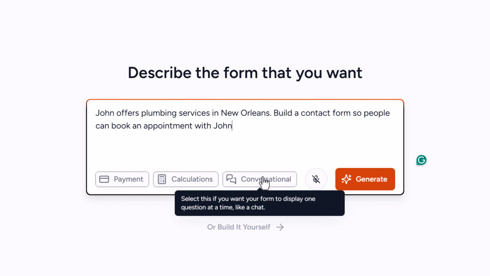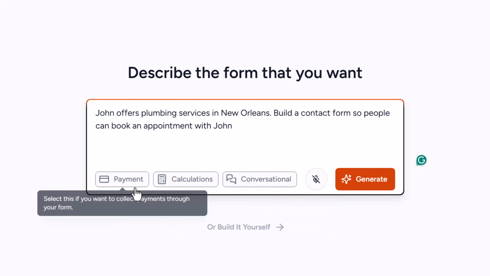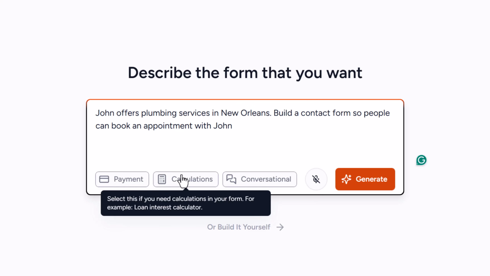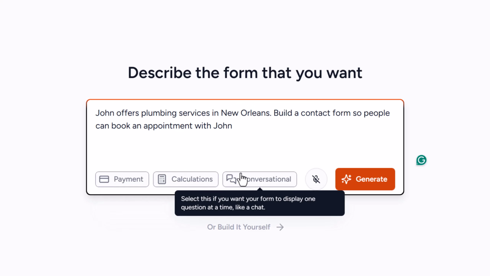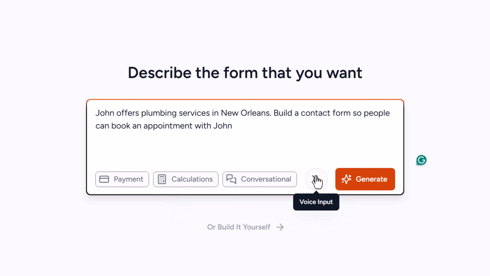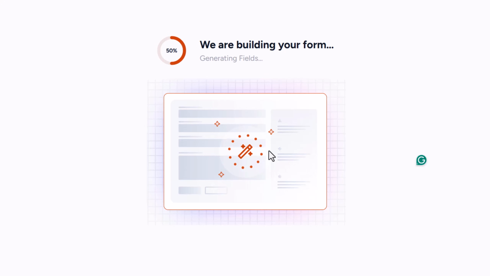You can also turn on some options, like if you want to collect payments, you want to add some calculations, or you want to make this a conversational form. You can also use this voice input to describe your form with voice. Okay, just click on generate and see its magic.